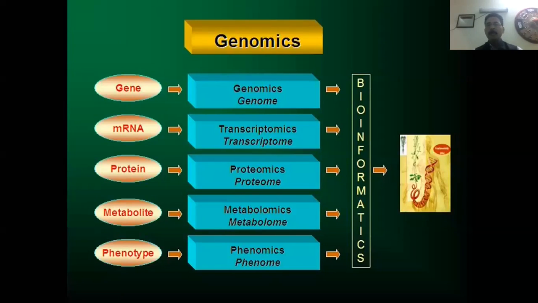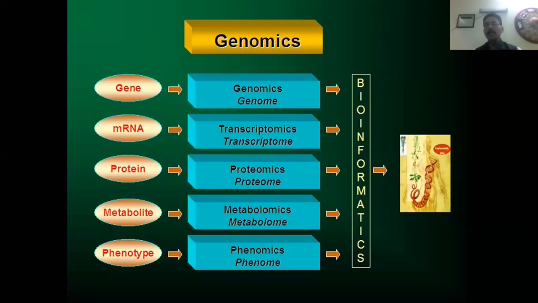After the gene sequencing technology was initially developed by Sanger, thereafter many sequencing technologies have come up, thereby increasing our efficiency and rapidity in sequencing. And now we are living in an era where we can get one eukaryotic genome sequence within very few hours. This was not true at the advent of the genomics technology, because when the Human Genome Project was started,